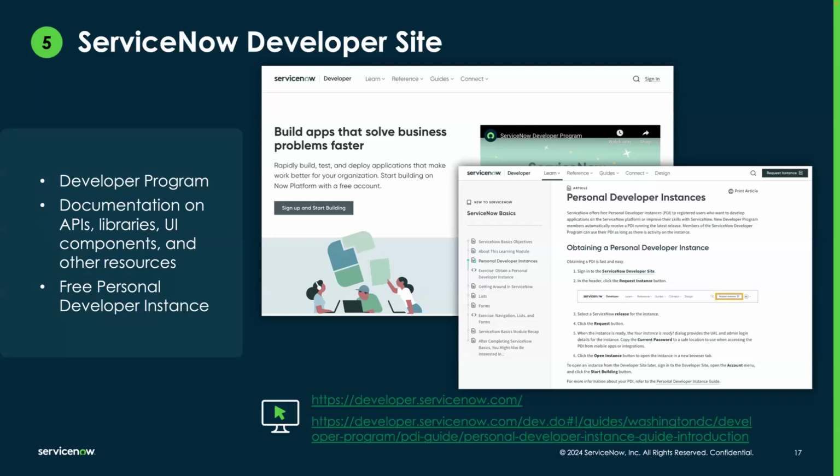If you're on here because you're from the security engineering team and you're going to be supporting SecOps for your security organization, once you go through those other resources and learn more about security operations, you will want to come back here to the developer site. This is where the more advanced type stuff is, in my opinion. This is not a site that I go to on a regular basis, like the community or the product docs. This is where I go if I need to look at something that's a little bit more advanced, like if I need to know more about the APIs, or